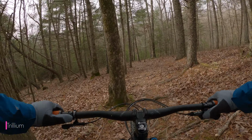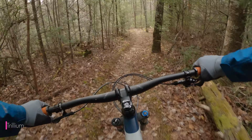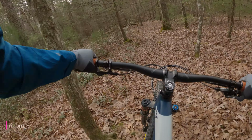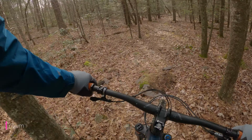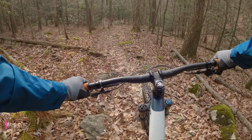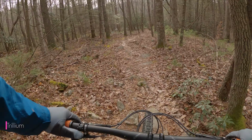So one more downhill, a little bit more rooty, and then climb out. So see, not really any rocks here, just the roots and the washouts. It gets a bit narrower in other parts of the trail, and the leaves do not help. There's a roll section here, but gotta be careful. Little creek crossing. I like to go to this side, try to keep my feet dry, and then a little bit more rock. So you can certainly go through here faster, but that's pretty much the end of the technical descents,